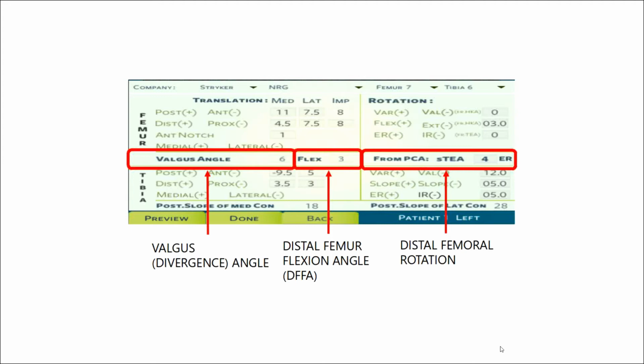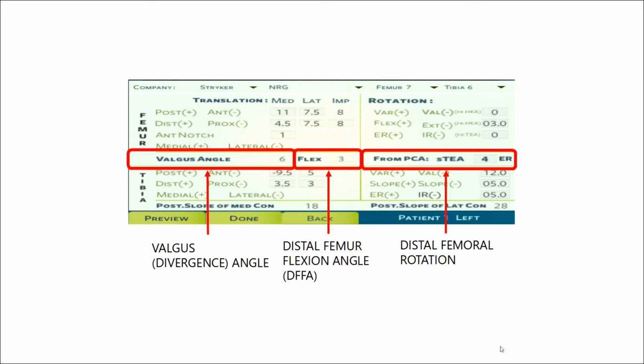The amount of uncovered bone is shown as a negative value and the amount of overhang is shown as a positive value. If there is a major lateral overhang and a lot of uncovered bone medially, internally rotating the tibia will help bridge the gap. The last row shows the degree of the posterior slope of the medial and lateral tibial condyles. They cannot be edited directly as they are dependent on point selection.